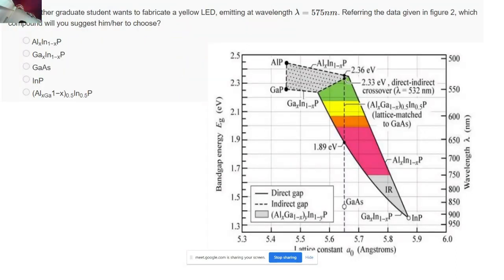Now coming to another question. Another graduate student wants to fabricate a yellow LED emitting at a wavelength of 575 nanometers. Now referring to the data given in figure 2, which compound will you suggest he or she choose, right? So now let's follow the same procedure, okay? So let me draw 575 nanometers over here, right? And let me draw a horizontal line,